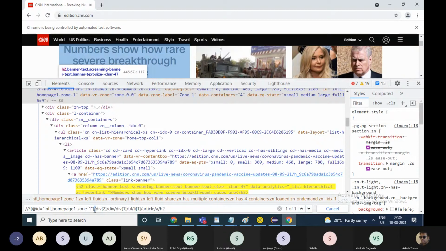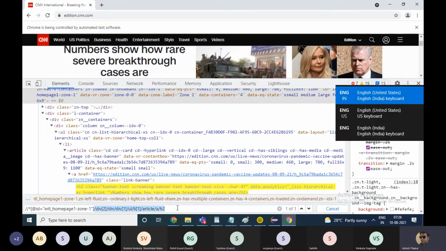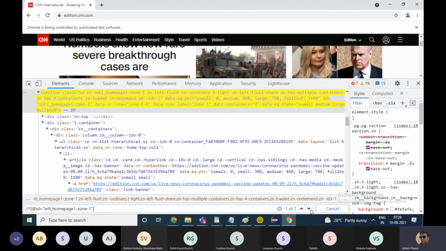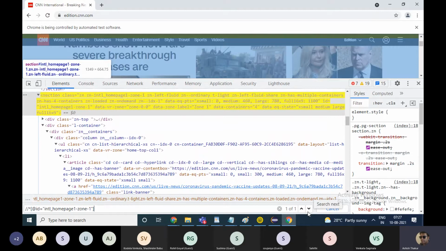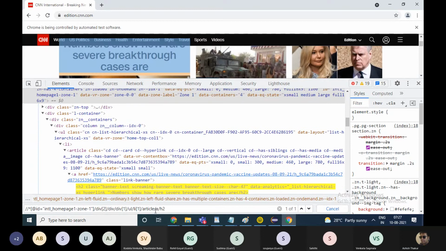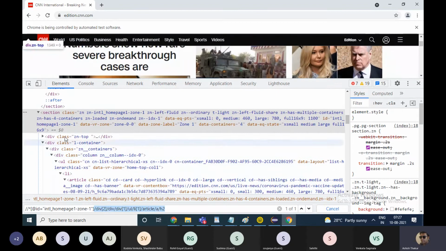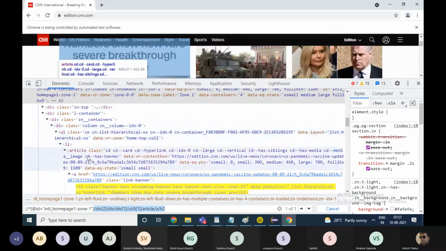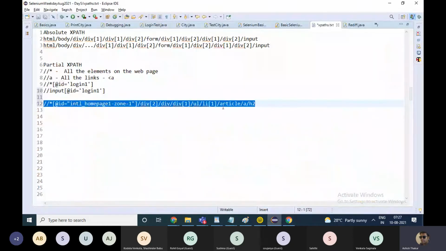You can actually just cut this part of the XPath. This is the element whose ID is this. So it starts building the XPath from here and it goes to the h2 tag. So it finds the nearest element which has an ID, and it starts building the XPath.